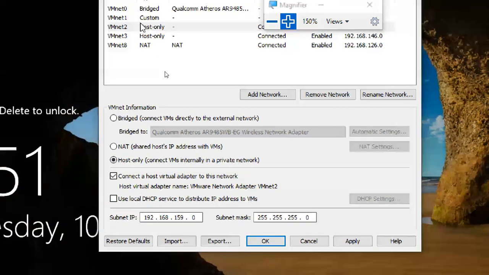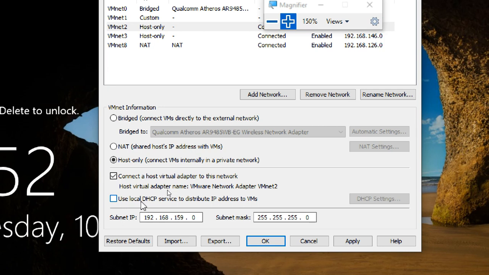So VMnet 1 here. Select VMnet 1 host only, and the first box is selected, and the second box, uncheck this one. Okay, make sure of that.